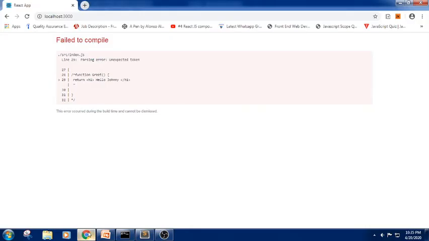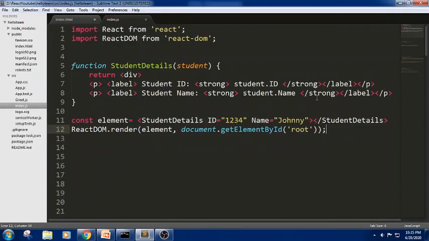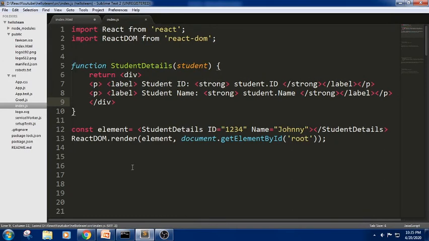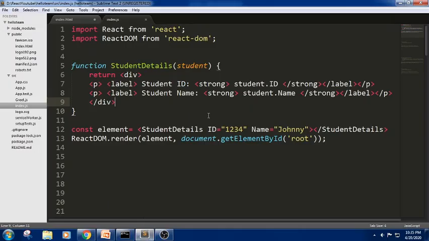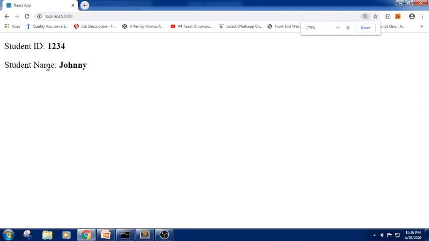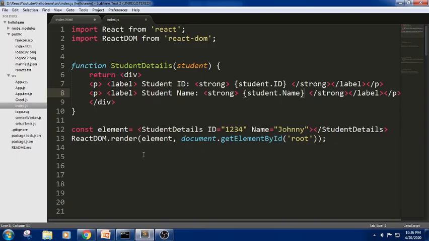So this is how we can define a simple functional component. Let me check the snippet. Something is missing here. Yes, this is missing here, that we didn't enclose it. Now let me check. Yes, we got this, but some other thing is missing. When we are trying to use this value, we write it here as student dot. When you are passing props, as we discussed in the definition, these components will accept the input as props and it will render the React elements as a UI. So we got this snippet. Can you see? Yes. This is how we define a function component.